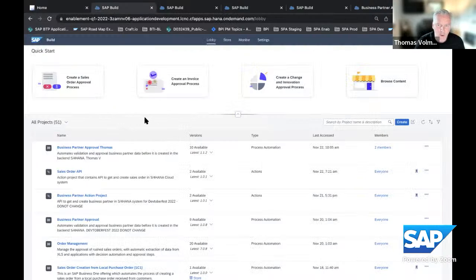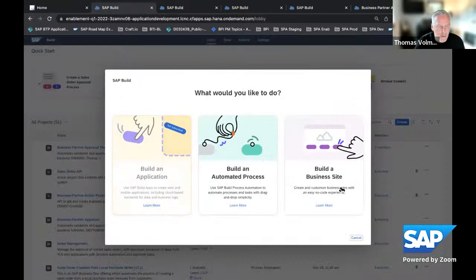With SAP Build. You've seen already in the short demo snippet that we have enhanced the dialogue. And by the way, last week every tenant, every account has been automatically updated with the new user experience. We always get the question, do customers have to do an update or upgrade? No. Automatically the new user experience and the new SAP Build features are available.